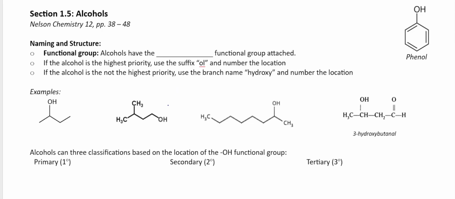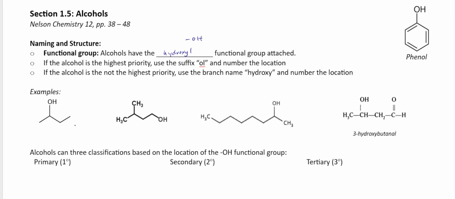In this video, we're going to look at alcohols. The functional group of alcohols is the hydroxyl group. The hydroxyl group is known as the OH group, so oxygen bonded to hydrogen. If the alcohol is the highest priority, we use the suffix -ol and number the location of the hydroxyl group. If the alcohol is not the highest priority, we use the branch name hydroxy and number the location of the